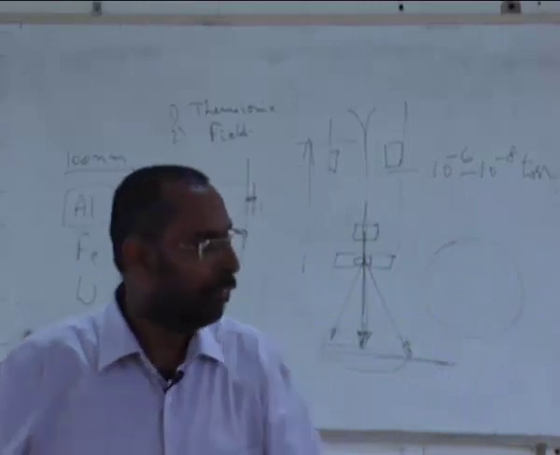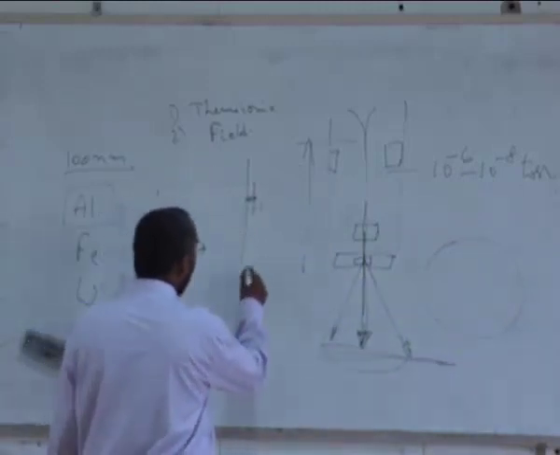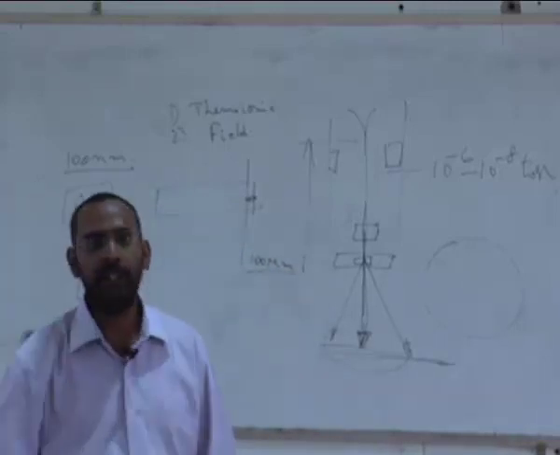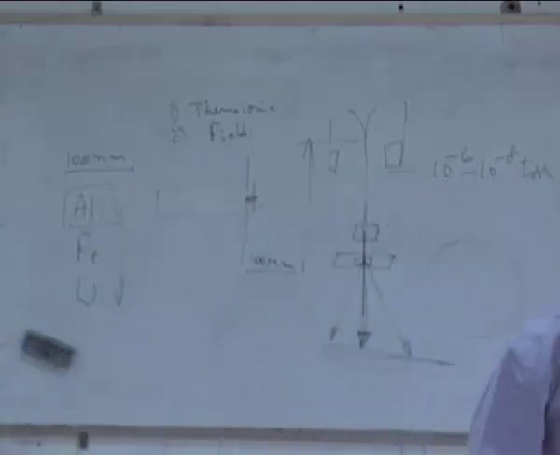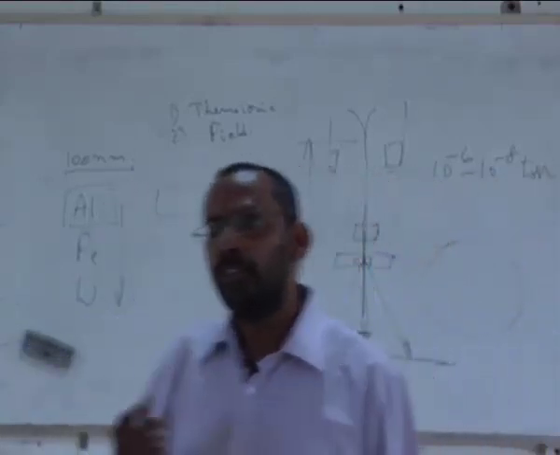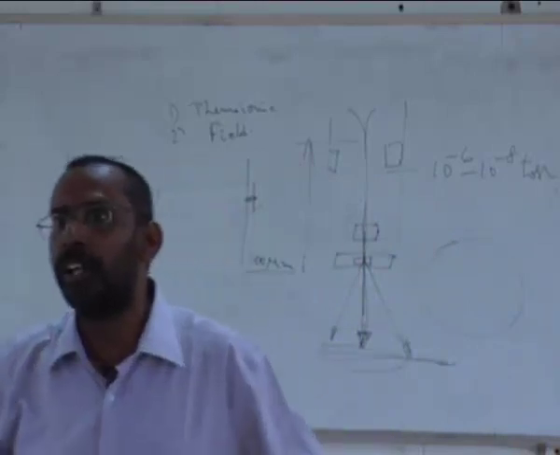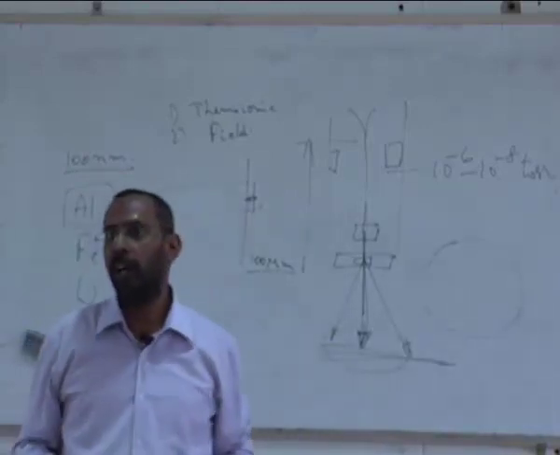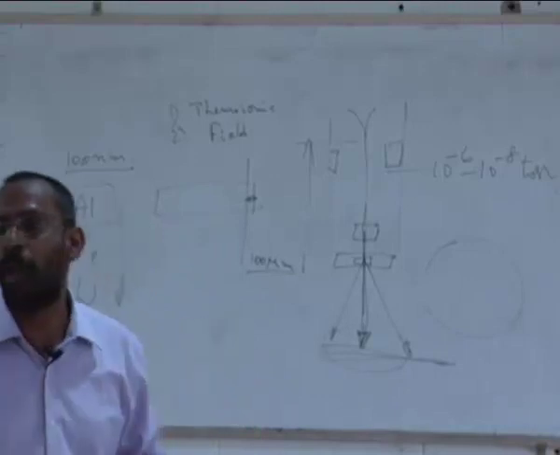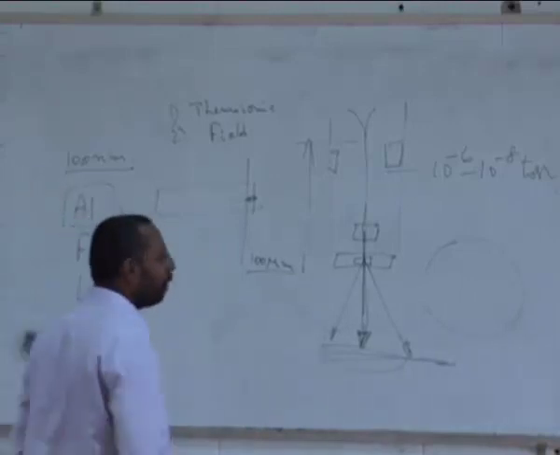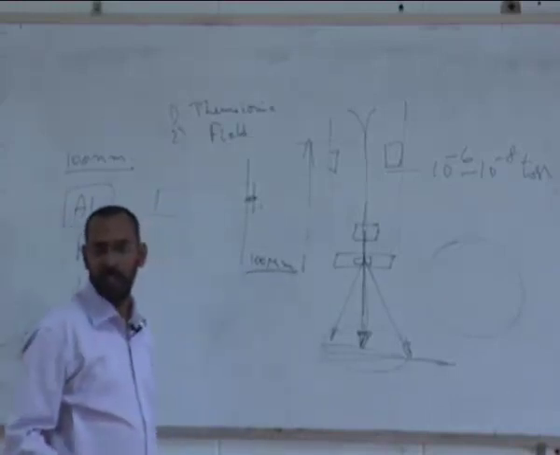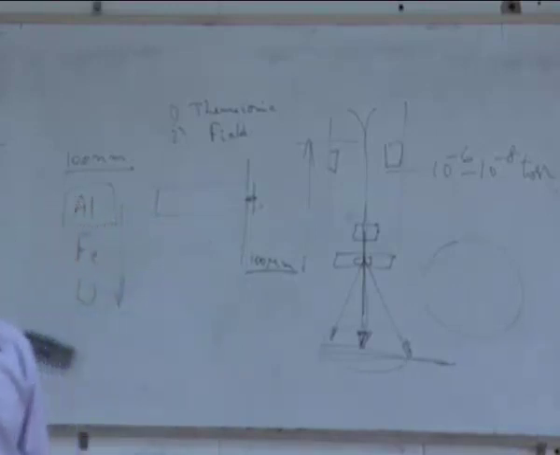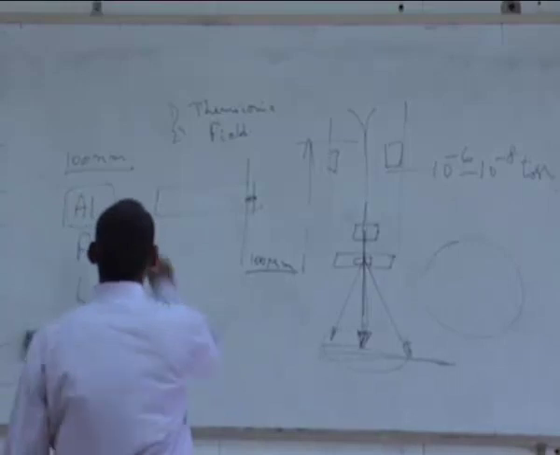machines available where you can get a sample as thin as about 100 micron, which are called diamond cutters. So we can use such a diamond cutter, called a slow speed saw, and using such a slow speed saw, of course it takes quite a long time to cut a sample like that, but you can get a very accurately thin sample. The reason why we need such a thin sample, I will tell you a little later. If you do not get such a thin sample, you will get into certain problems, we will talk about it a little later. So once I have such a thin sample, I have still not reached 100 nanometers.